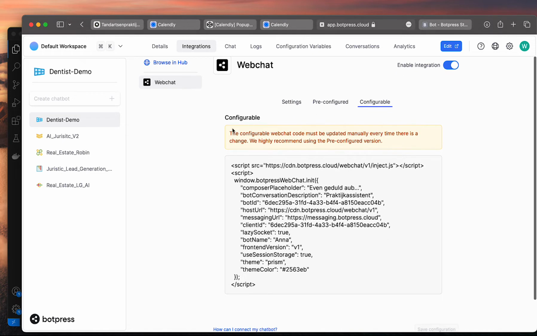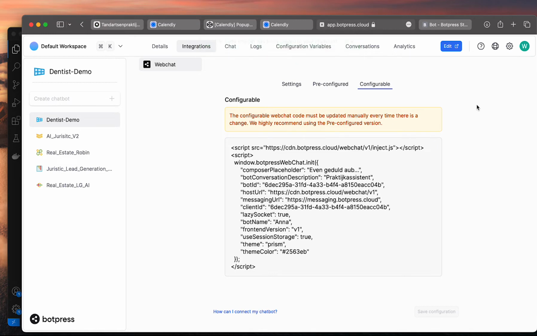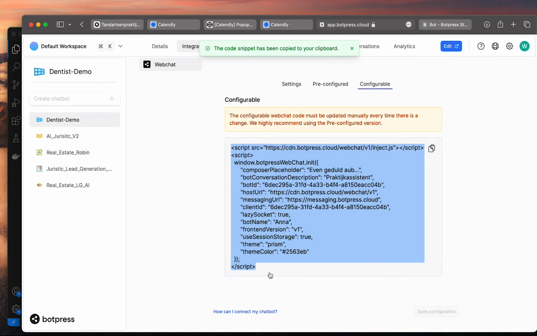So when you publish your bot, this code will not be automatically updated in your website. So whenever you publish it, you'll need to come back here, copy it, and put it again in your website. So that is the first part. You do need your configurable